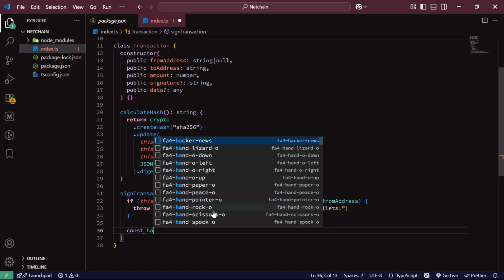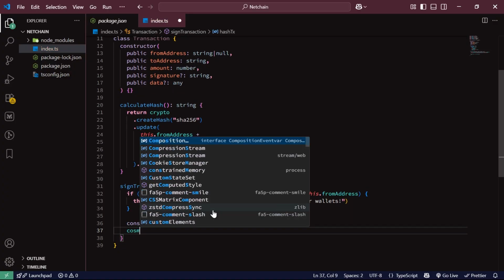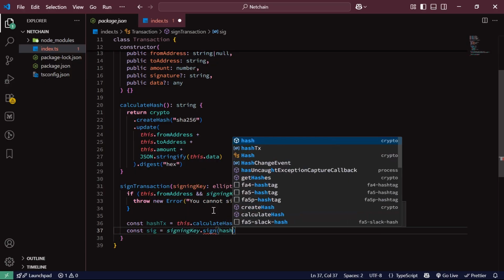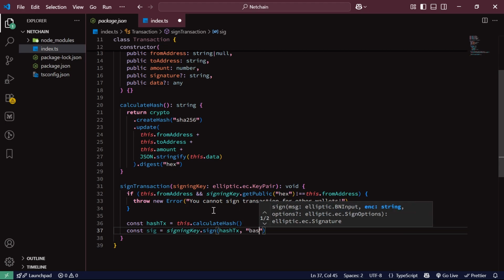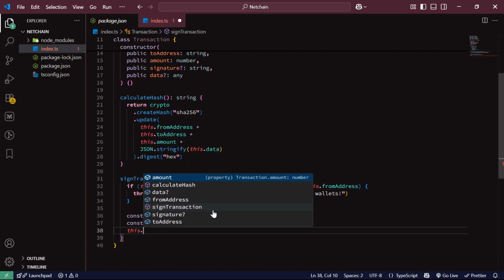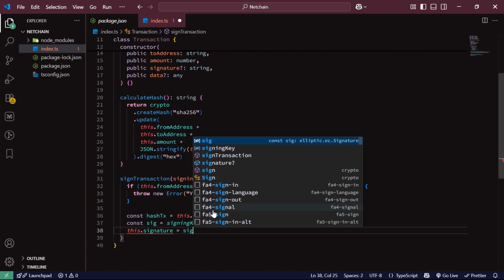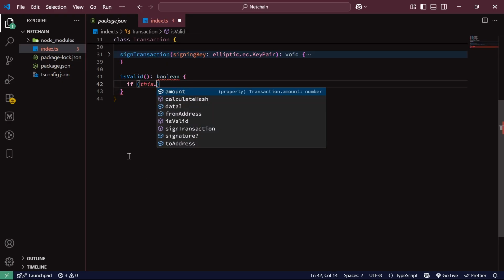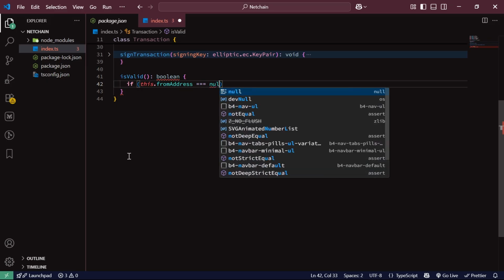I will calculate the hash of the transaction and use the sign method on the signing key, passing in the generated hash as the first argument and base64 as the second argument, then store the result returned inside a variable sig. Then I will set the signature of the transaction to be the result of calling toDER with hex on the sig. Next, I will add a method isValid which returns a boolean, and inside the function I will